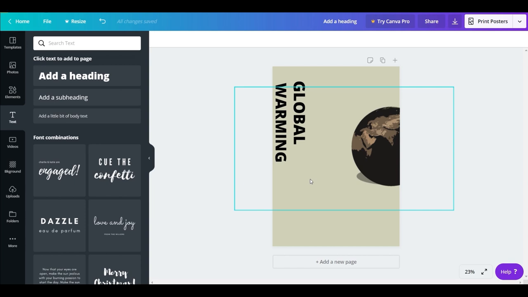You can see that I have created a text here that reads global warming.